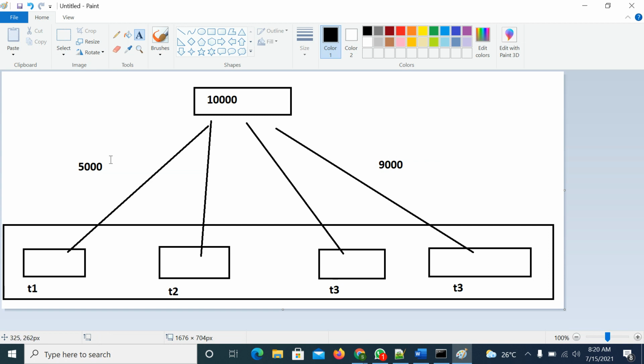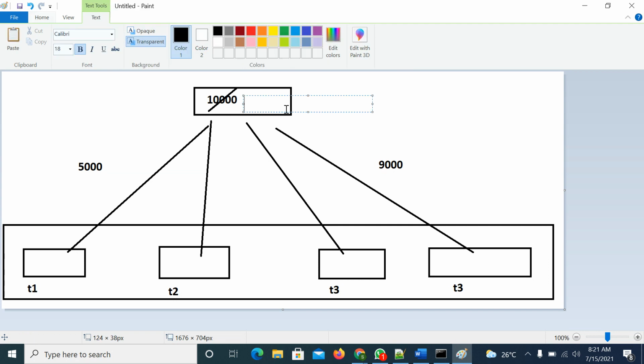One person went to the bank and one person went to an ATM, like that. Both are trying to withdraw, and for both of them it is showing a 10,000 balance. If he withdraws, this will be updated with 5,000.